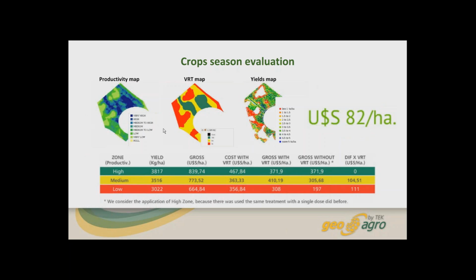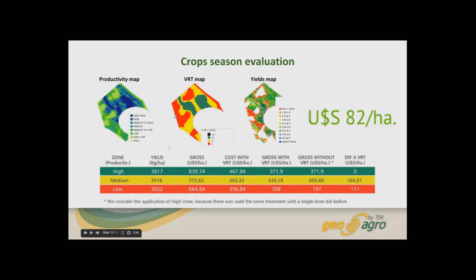So again, the cycle is to do the productivity map, analyze the variability, then we make the decision of the different fertilizer rates that we're going to apply for the high, medium, or low productivity zones. So it was about, I don't know, it's too small, but it's about 154, and I don't see what was the actual fertilizer. But the important thing is that by having the yield map,